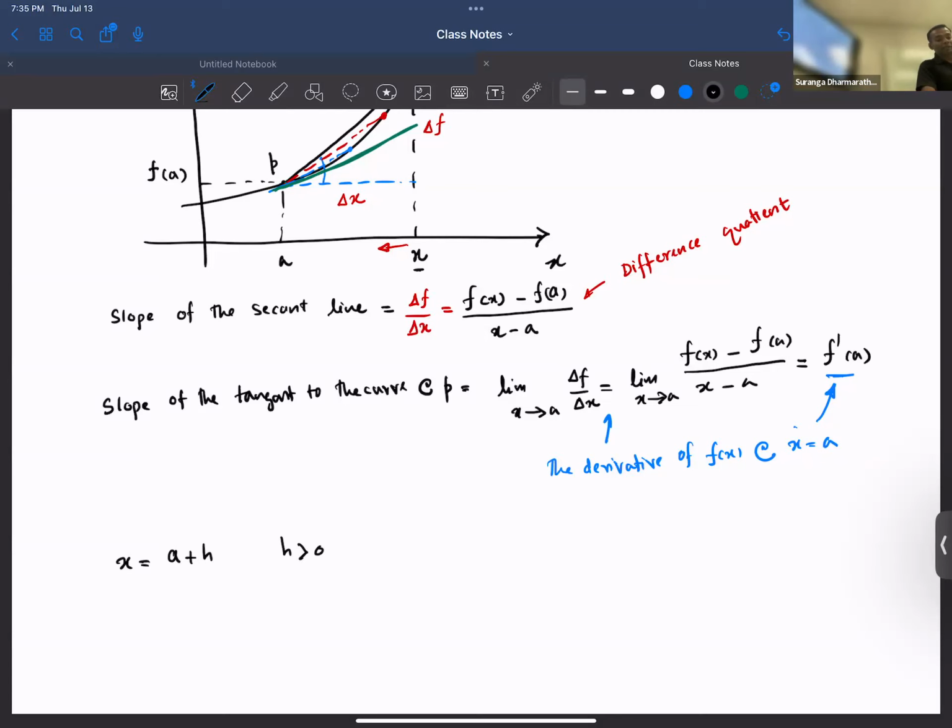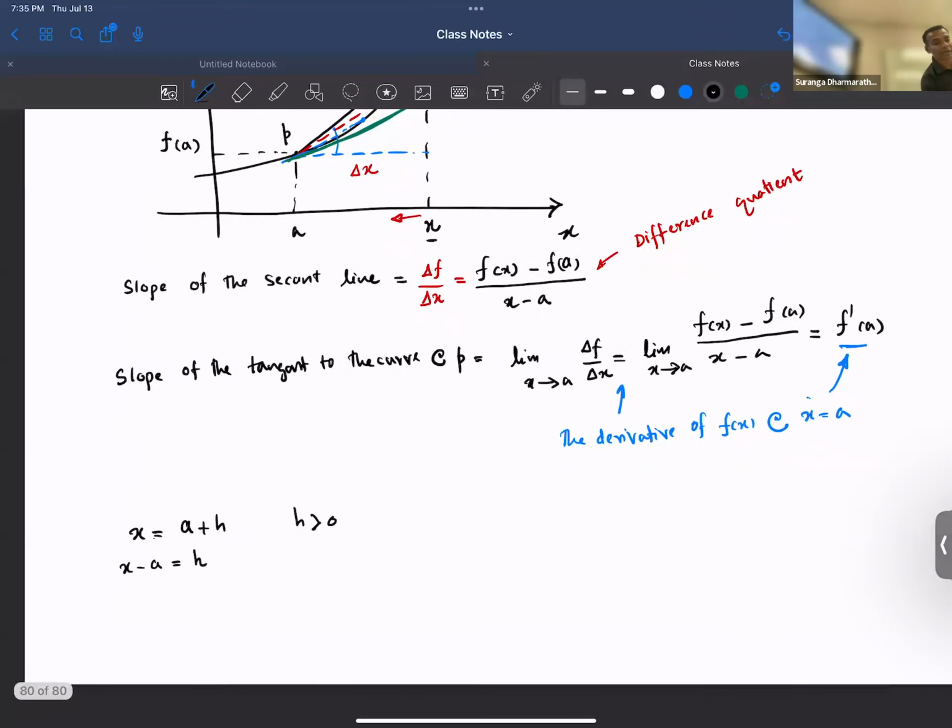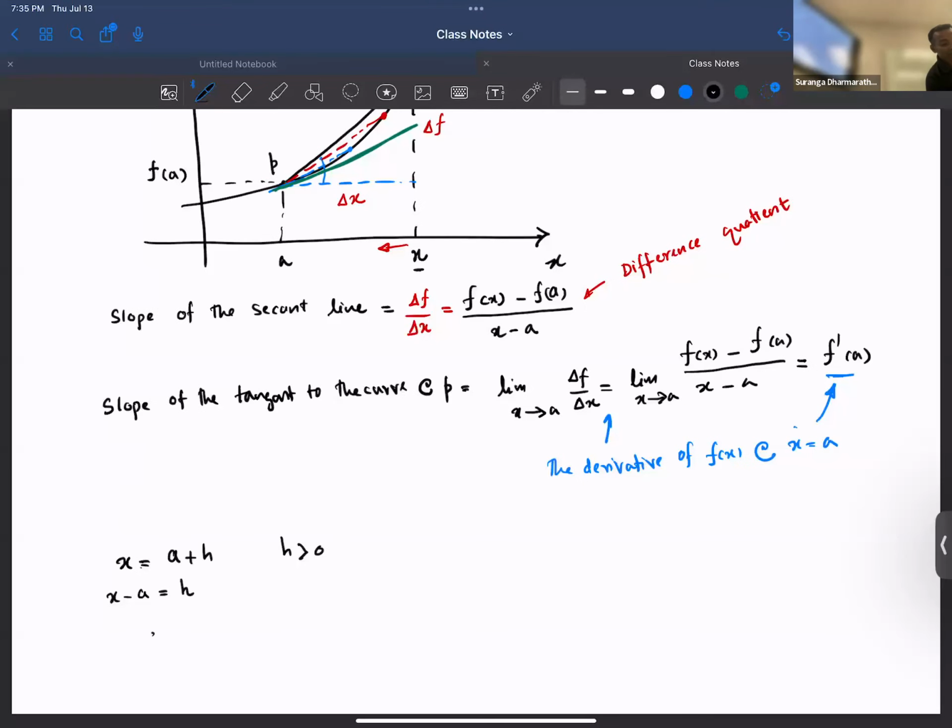Now, how do I write that f prime a by using that? Now, what is x minus a? If x equals a plus h, what is x minus a? h. Very good. It's equal to h. Now I can write f prime a, that is the derivative of function f at a, is equal to